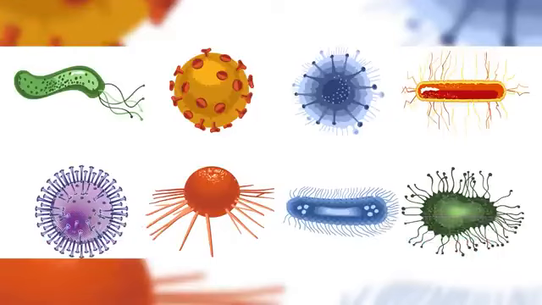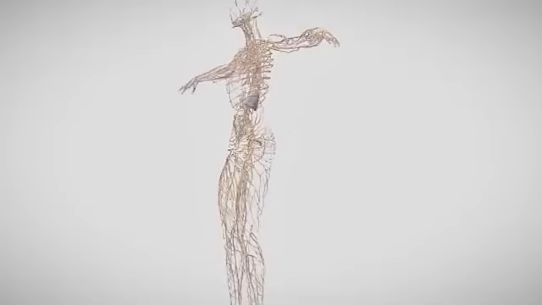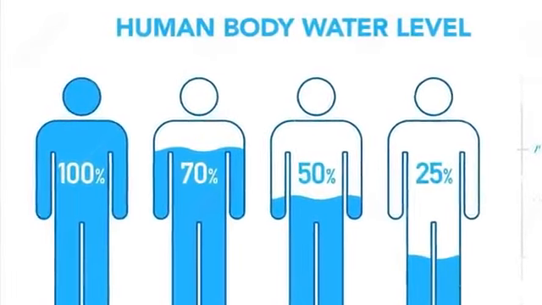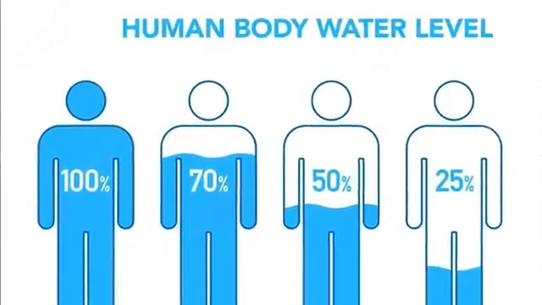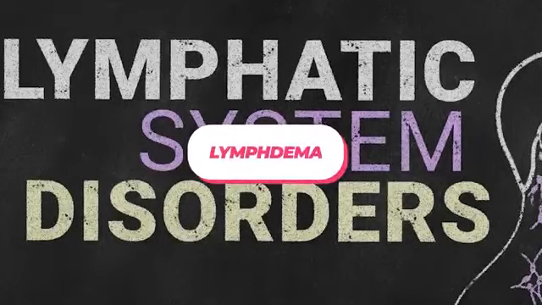bacteria. Another important function of the lymphatic system is to maintain fluid balance in the body by returning excess fluid and proteins from the tissues back into the circulatory system. This helps to prevent the buildup of fluids in the tissues and helps to keep blood pressure and fluid balance at normal levels. It is important to note that disorders of the lymphatic system, such as lymphedema, which is swelling